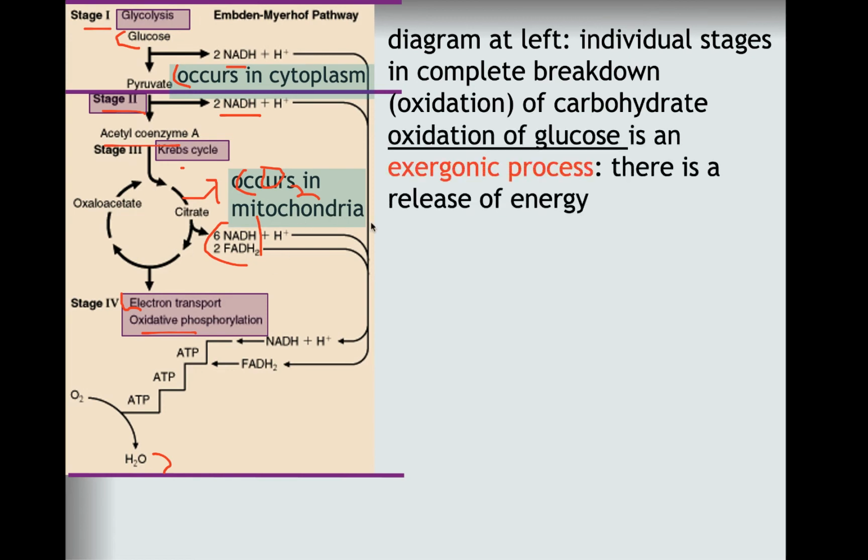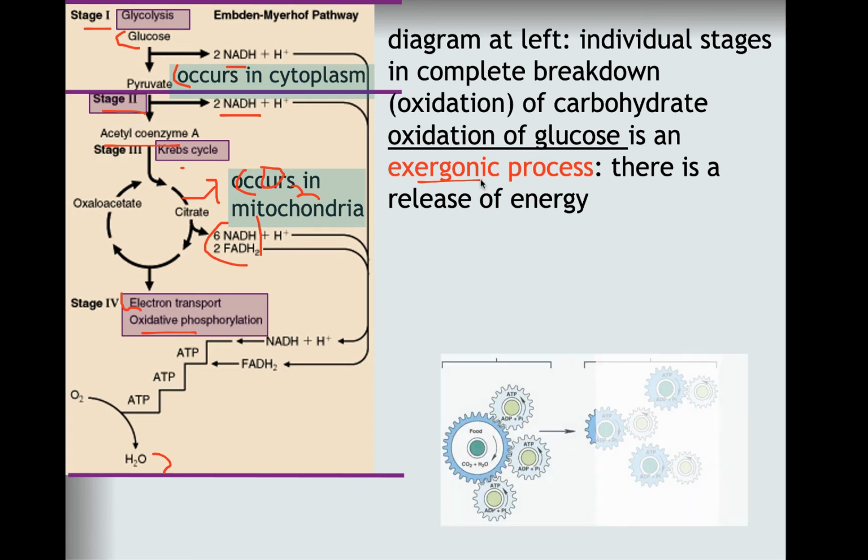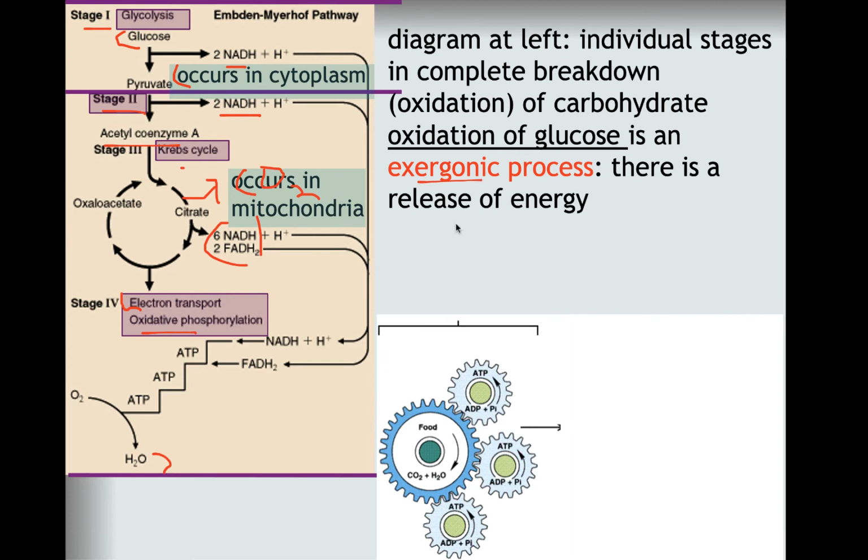But again, as you can see, the oxidation of glucose, that means taking it all the way to CO2 and water, is exergonic. And we're able to capture much of that energy to resynthesize ATP. We don't capture all of it. Much of it is lost as heat. And the majority of that time, that heat is used to help keep your core temperature at about 98.6, roughly. Okay? Again, what we have here is a breakdown of foodstuffs, glucose, lipid, protein, that is exergonic, and so again